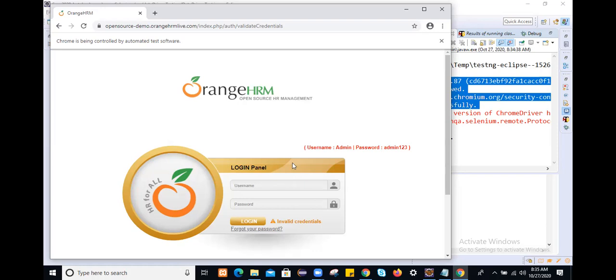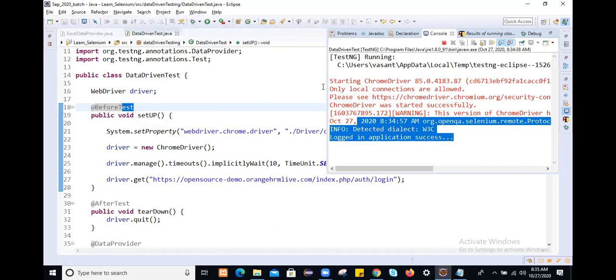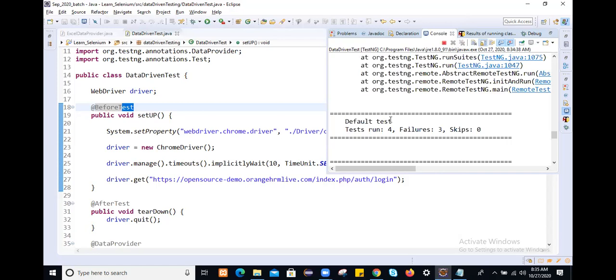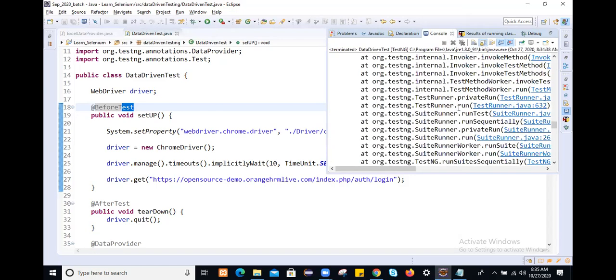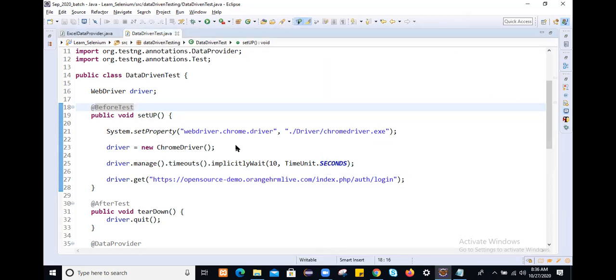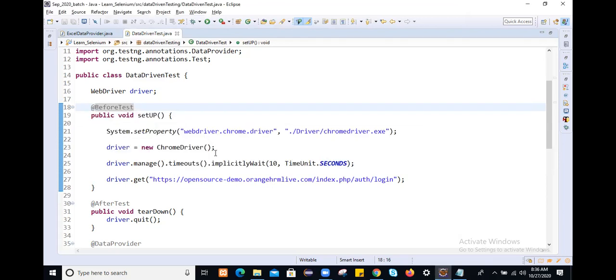So for that, let it be. Let's execute these test cases. It will say login successful for the first set of data, and the others will fail. Whenever you log in to the application, you should log out. You have to write two lines of code again. What are the two lines of code you have to write? So come here, I will go here.